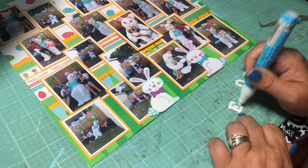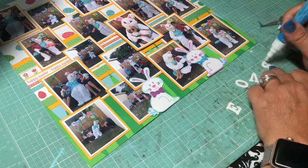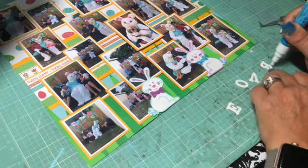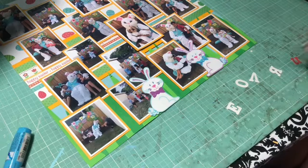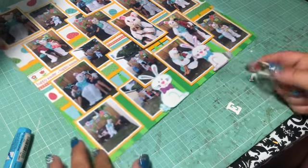Remember, it's porous, so you gotta kind of work fast. You have a little bit of time. Most of the time, it's actually blue when it comes over. But again,